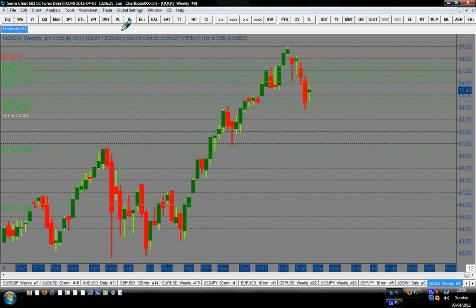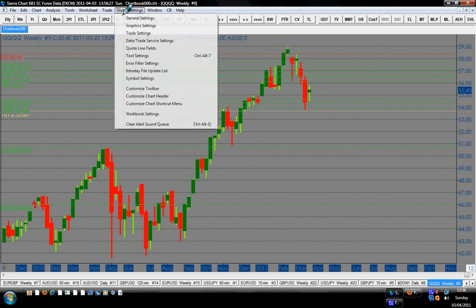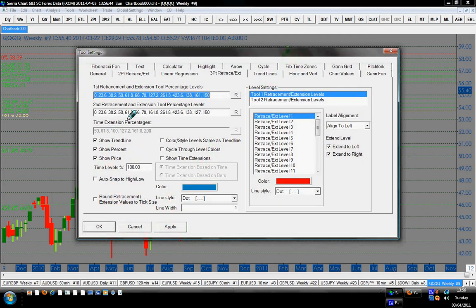Okay, you go to the tool setting. So you go to global setting first, and you go to tool setting. And then you click on it, and then you will see how you can put different colors for your Fibonacci tool. If we click on this now, you see this is all my Fibonacci levels here: 23%, 38%, 50%,